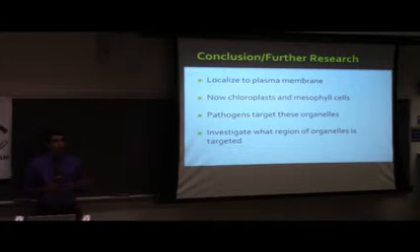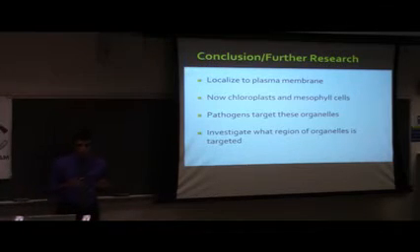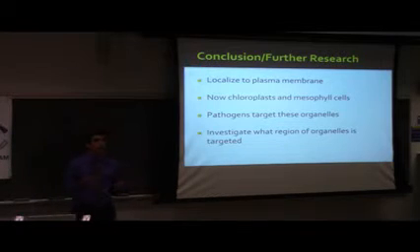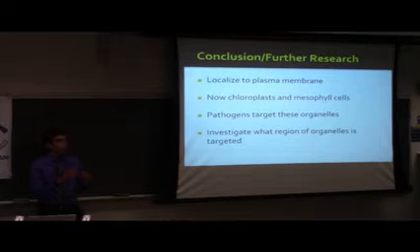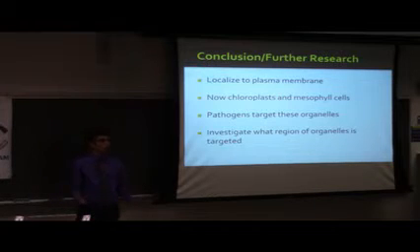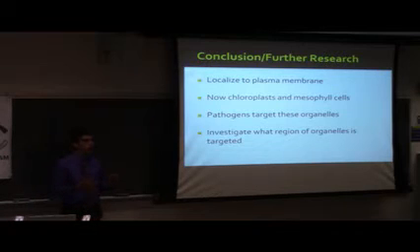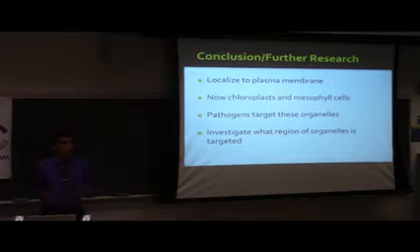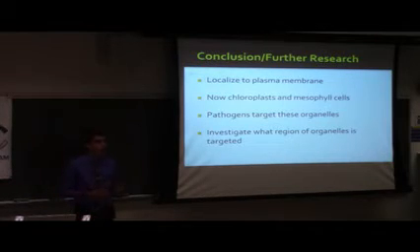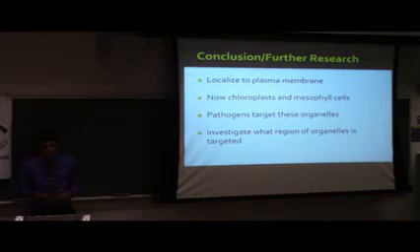Because organelles are comprised of many different types of components and parts, it could be targeting a specific region of these organelles rather than just the organelle itself. So investigating these two things could lead to the development of a solution to fixing these pathogen-infected crops so we can get more food on our table rather than losing them to these pathogens, since we have this increasing population and we need to find a solution to this quickly.